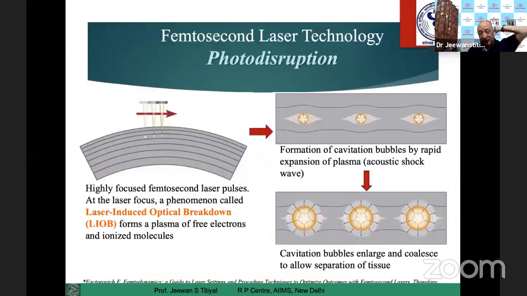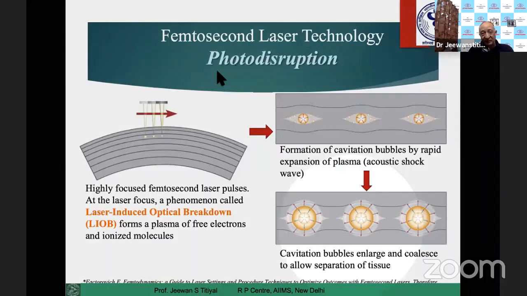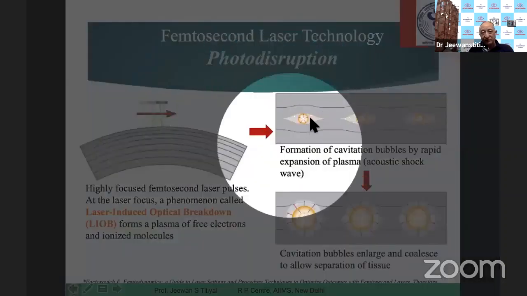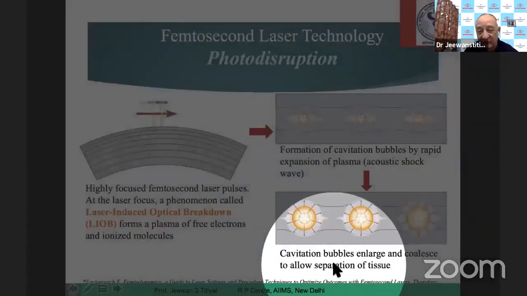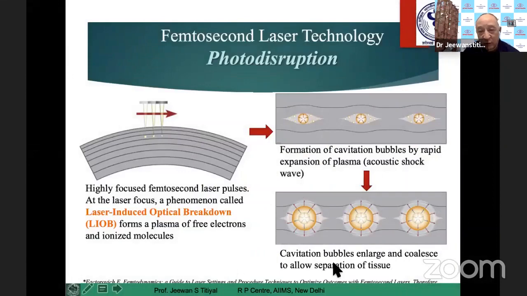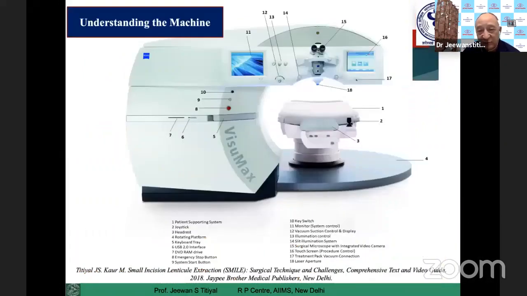The machine wise, as I said, this is a femtosecond laser, 500 kilohertz. The basic mechanism is photodisruption. It forms femtosecond bubbles, and these bubbles coalesce to form a cavitation bubble, and they separate the tissue without causing damage to the surrounding structures. So that is one of the best ways to make a split in the corneal lamellae, so that you can have a very nice dissection of tissues, forms a flap in these cases.